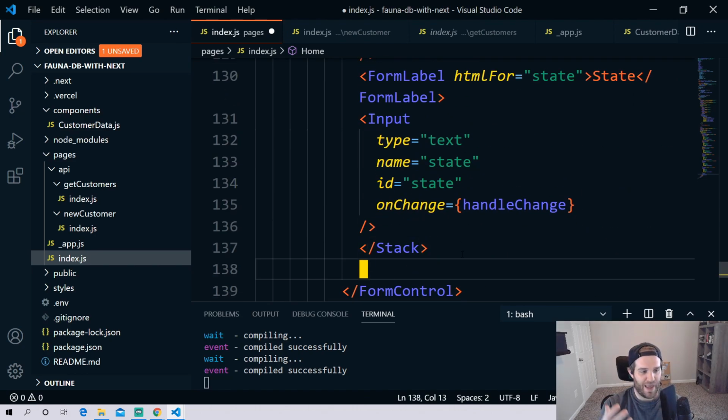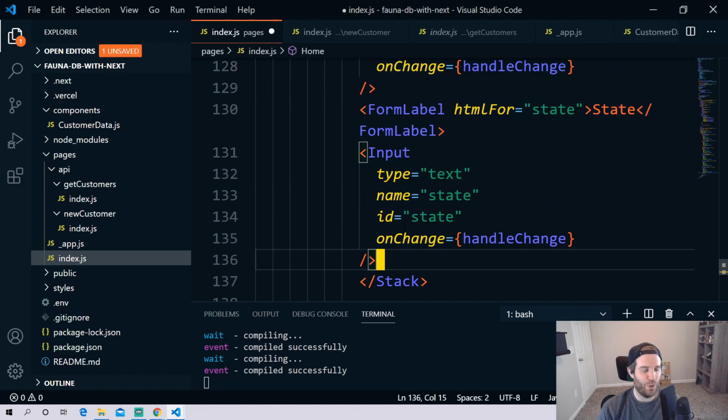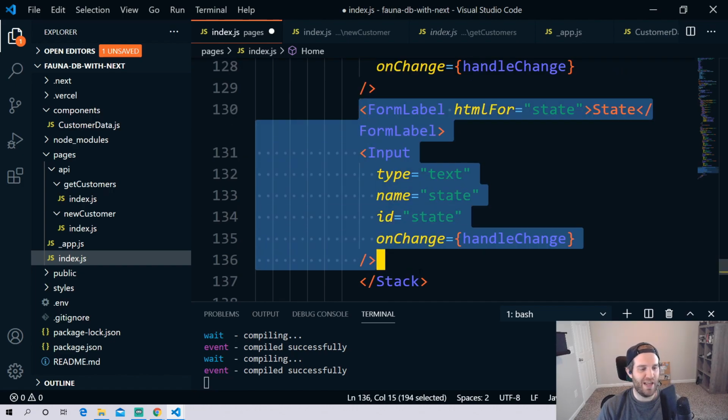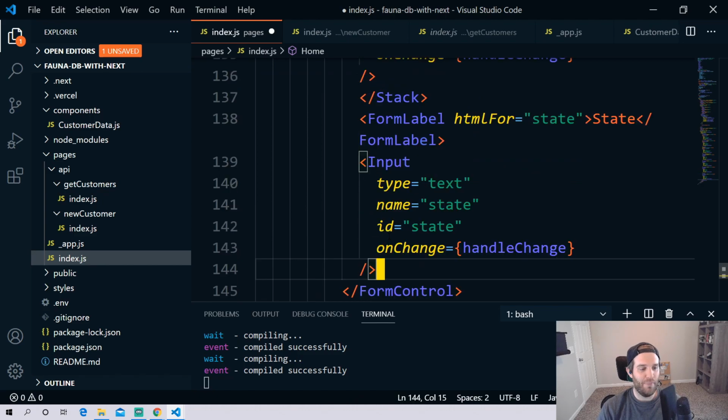So now that we've done that, now we just need to enter the phone number. So we can just create another form here with the exact same thing. We're going to keep it as text so that it can be a free input field, because we're not going to do any form validation here. Even though you should, and I encourage you to do that,